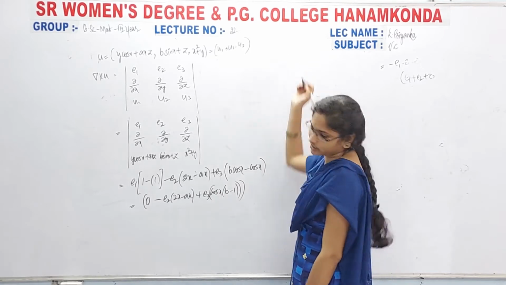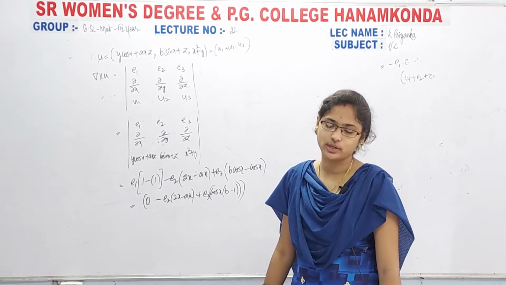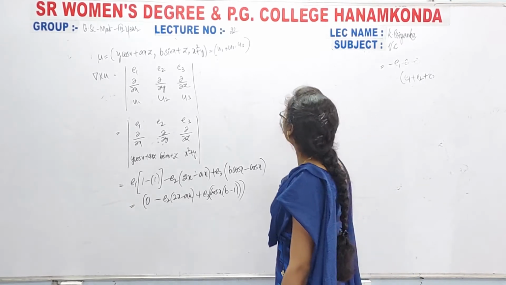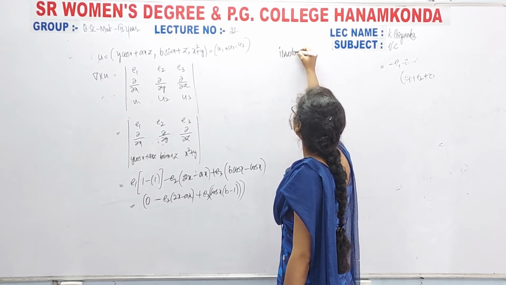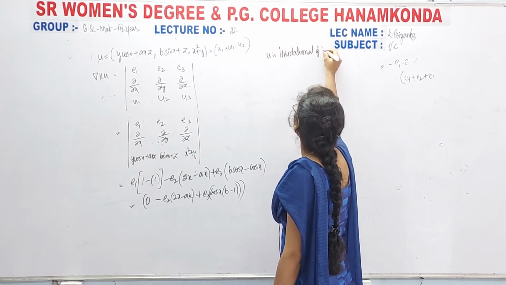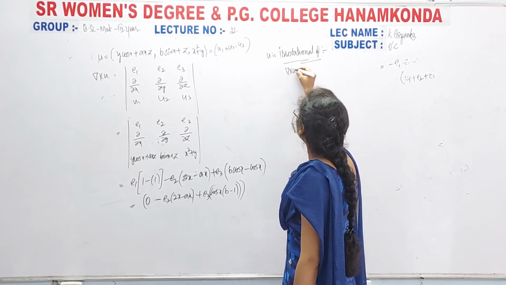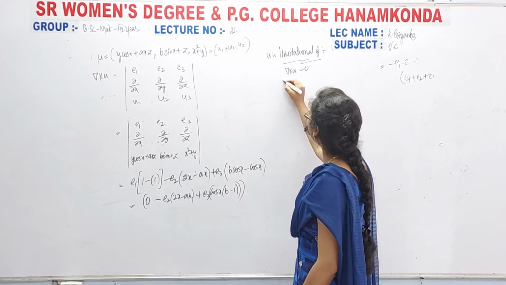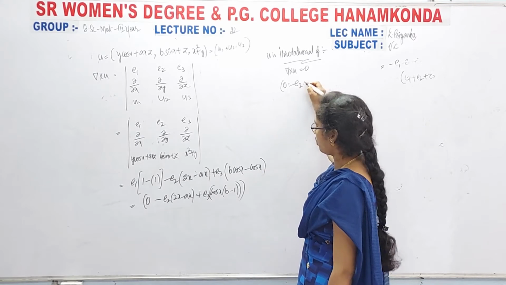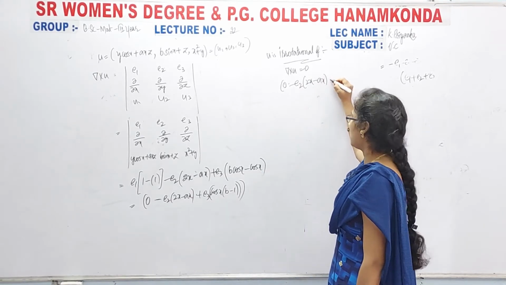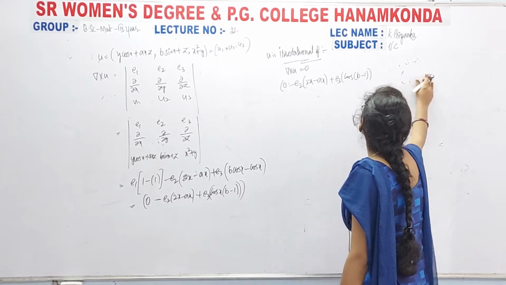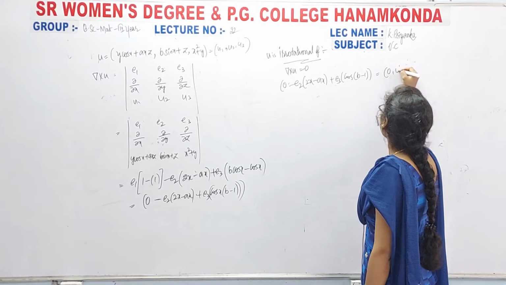Okay, so now here what they said is that it is irrotational. So irrotational means simply we have to take this value equal to 0. So the field u is an irrotational field. Then curl u is equal to 0. That means 0 comma minus E2 of 2x minus ax plus E3 of cos x of b minus 1, which is equal to 0 comma 0 comma 0.